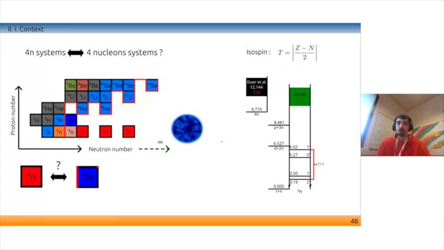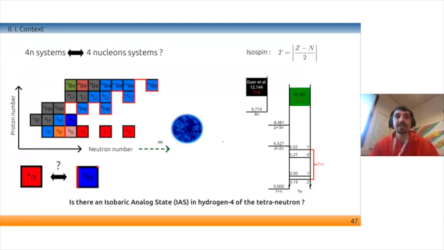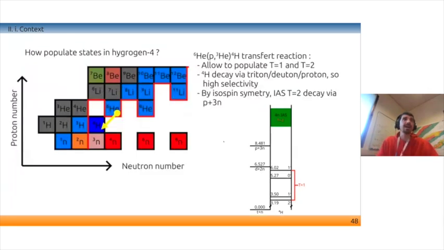So now it's still the open question: is there this isobaric analog state of the tetra-neutron in hydrogen 4? So now, how can we populate these states in hydrogen 4? One reaction that is a good probe to populate these states is the helium-6 (p, helium-3) transfer reaction, where we can populate T equal to 1 and T equal to 2